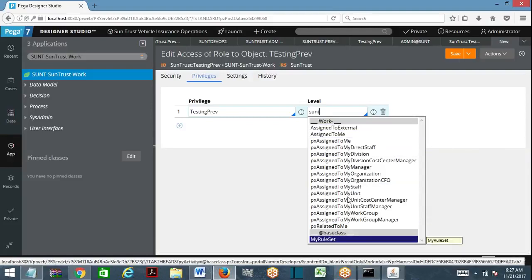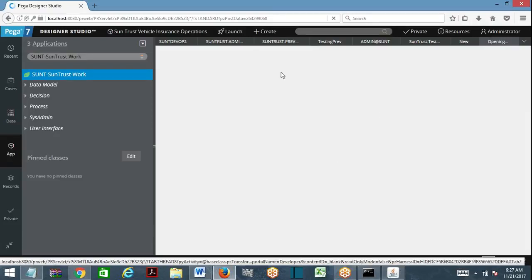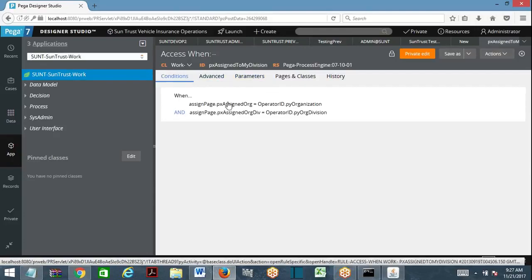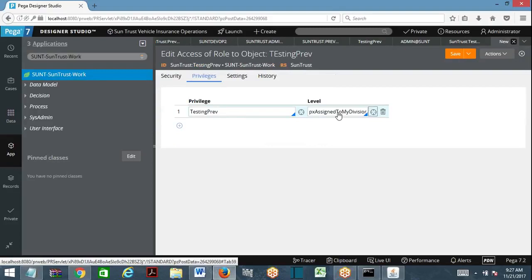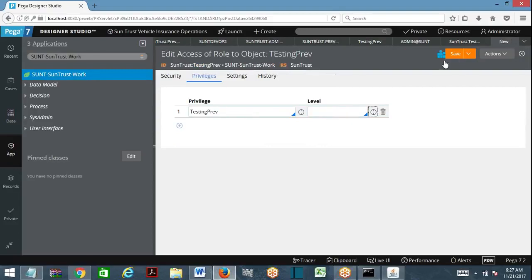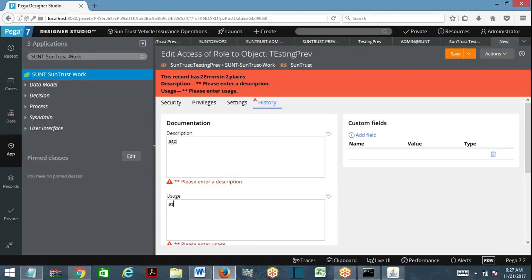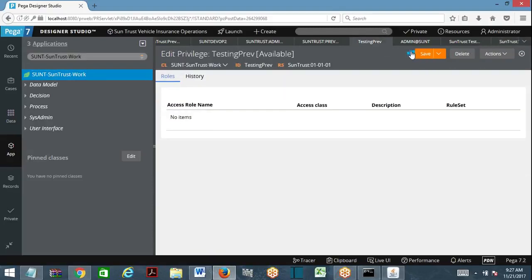It's not showing work class. Oh, it's applying access when this one is not required. Actually, my privilege can add a... This is the privilege rule, right? Let me refresh and see.